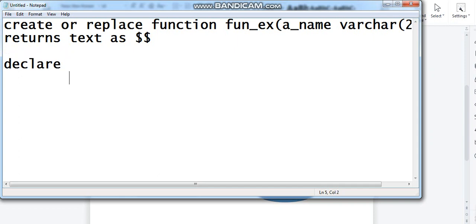Here the declare keyword is taken, and I am declaring one variable called rec, making it a record variable. Record is the attribute. Next, begin. Here I have to write a function which is going to give me the total count of persons living in the area, whose value is given when we pass the function.